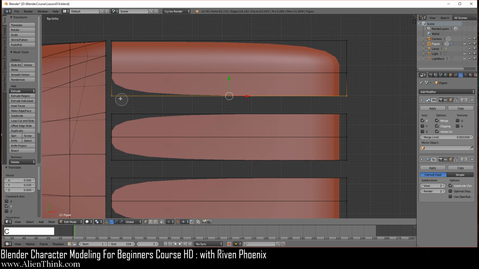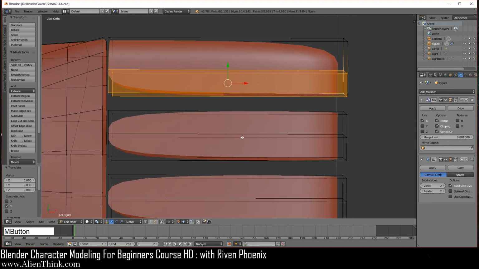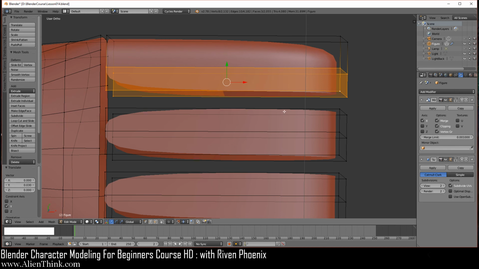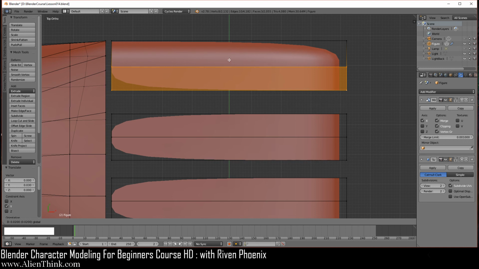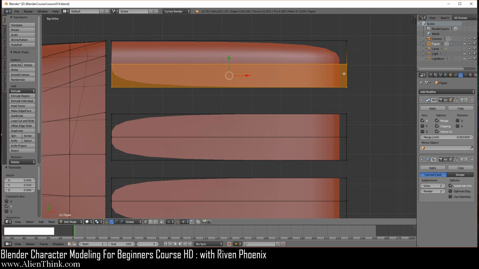Press the C key and go ahead and just reselect this one with the left mouse button and select these. Okay, make sure you get all of them. You can do the middle mouse button to make sure that you selected all this. Press the 7 key. So now we're going to just shift this whole thing up 1, 2, and then 3. You can see that it just equalizes it.